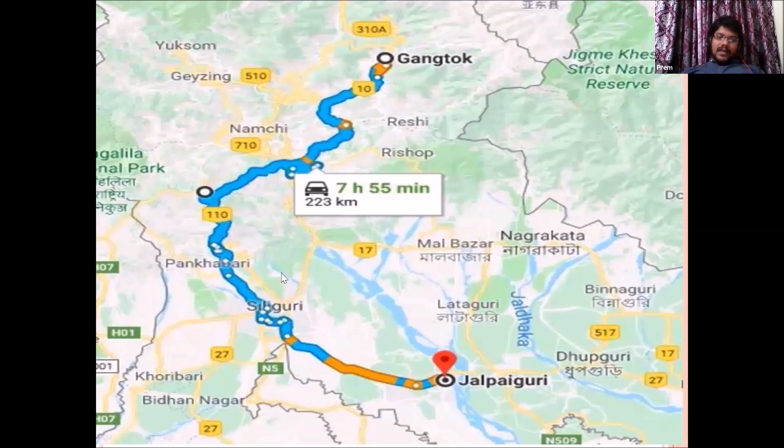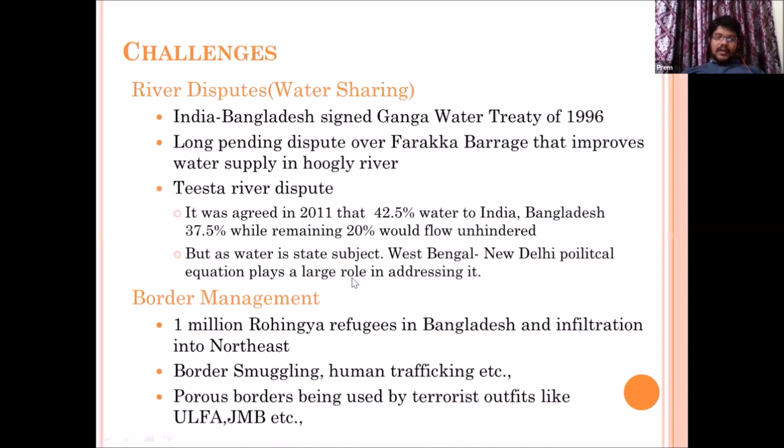This river is very important after Ganga and Brahmaputra for the irrigation potential of Bangladesh. So Bangladesh was asking for a water sharing agreement. Why? Because the Tista River, unlike other rivers, is mainly dependent on glacier meltwater. That means whenever the glacier melts, the water comes into the river. That is a major source. So if West Bengal and Sikkim control this water, there will be drought-like effects on Bangladesh. So we made negotiations, and finally in 2011 we signed an agreement.